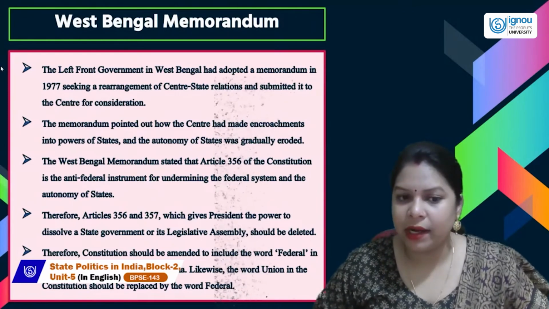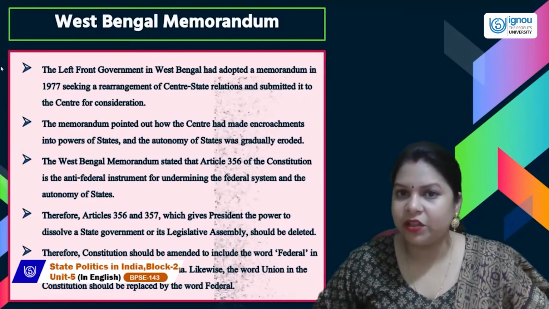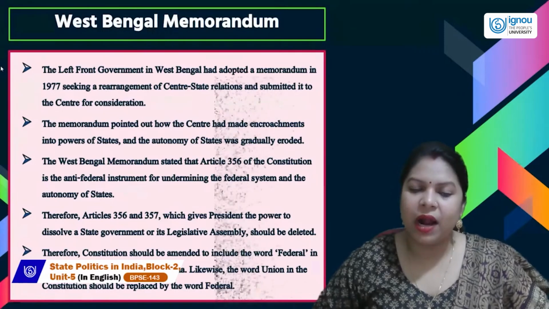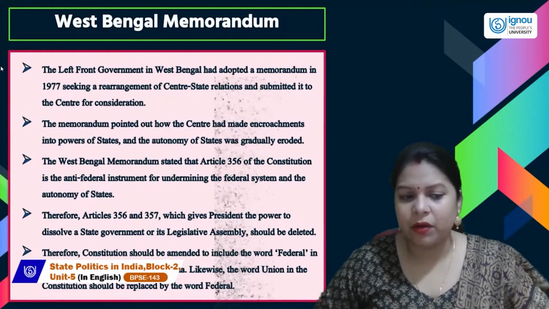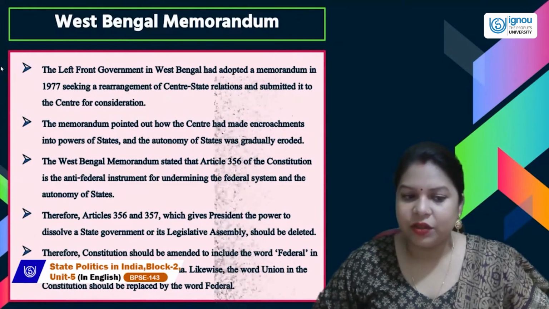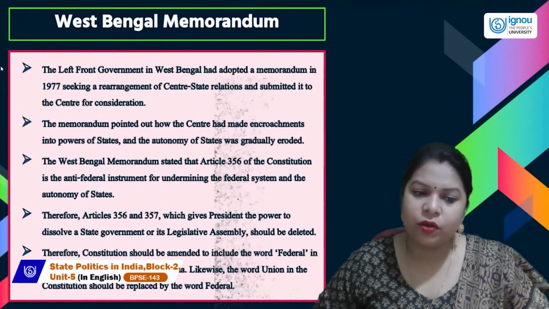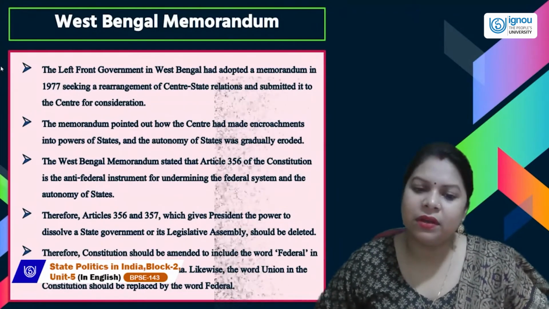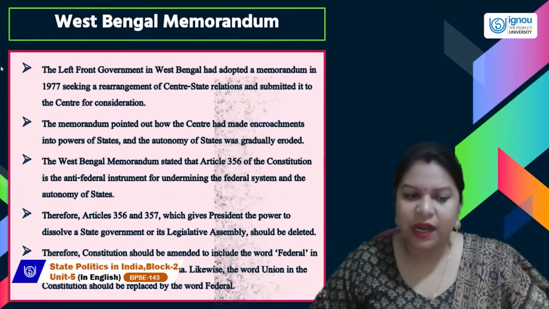The West Bengal Memorandum stated that Article 356 of the Constitution is an anti-federal instrument for undermining the federal system and the autonomy of the states. Therefore, Articles 356 and 357, which give the President the power to dissolve a state government or its legislative assembly, should be deleted. So, what this memorandum wanted was that the President's power to dissolve state governments, or we can say the imposition of Governor's rule, should be limited or rather deleted from the Constitution, and therefore